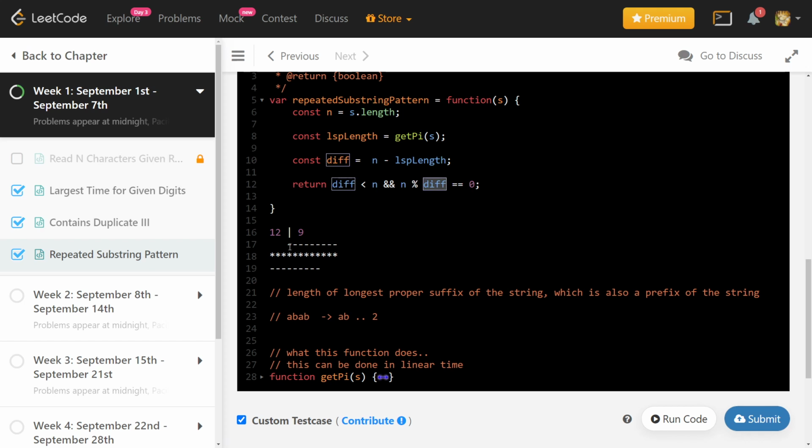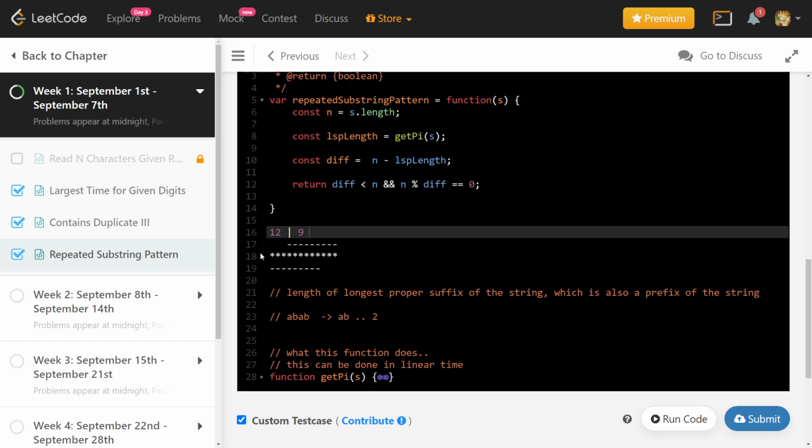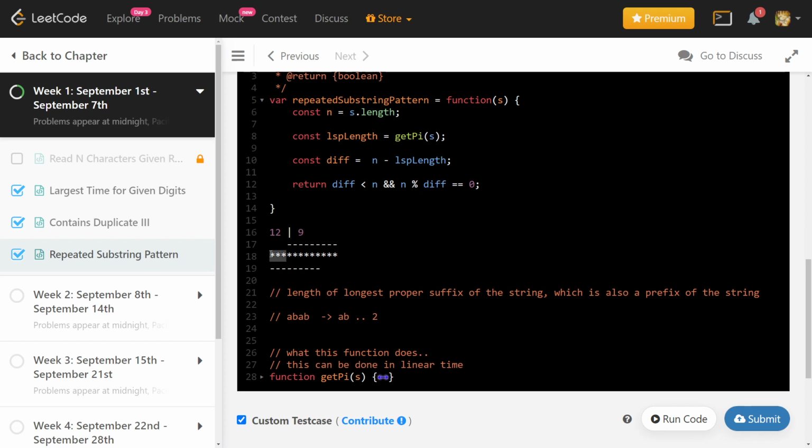How can I claim that there is a substring which can be repeated? The claim is that this is the substring which can be repeated, right? So how do we claim that? We have to prove that every group of 3 characters is this string only. Alright, so let's prove it.